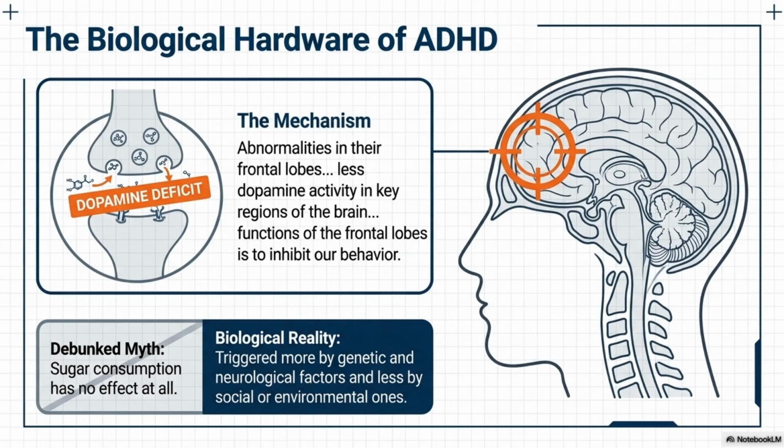Furthermore, brain imaging actually shows structural differences. Children with ADHD often have smaller frontal lobes overall, and those areas show less activation when the child is asked to perform mental tasks. It's a physical, structural, and chemical reality. The text does point out one proven environmental trigger, which is maternal smoking and prenatal nicotine exposure. That exposure is significantly associated with the development of more severe ADHD symptoms, likely because it disrupts early fetal brain